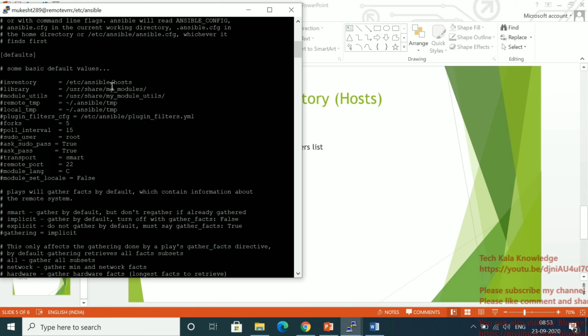So all the information, like at one time how many servers you can perform, how many VMs you can perform, you can see here. As per your requirement you can change it, and you can modify this Ansible configuration file also.